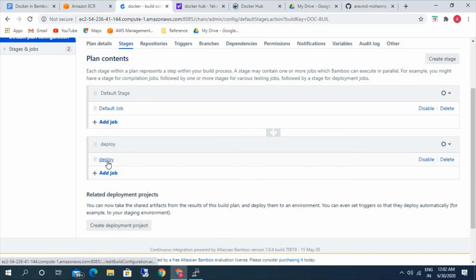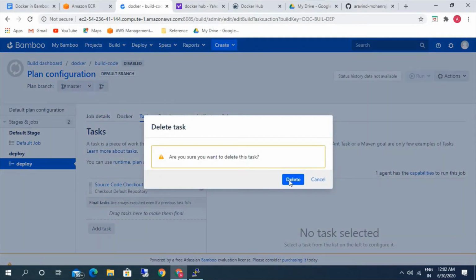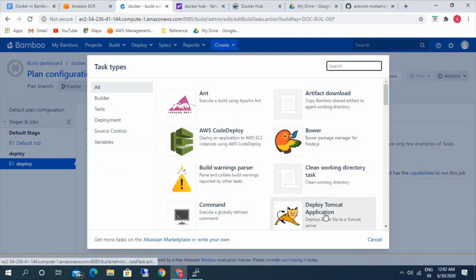Here we will add the task. We will remove the source code checkout and add the task, Tomcat deploy.